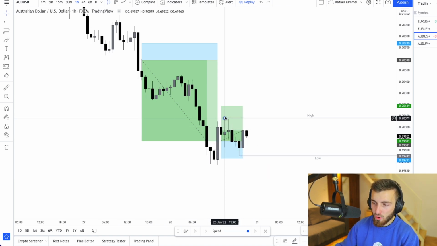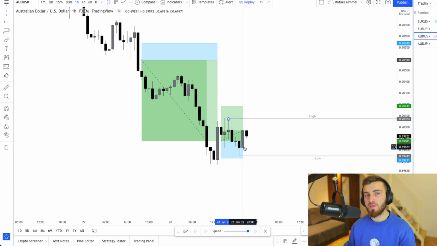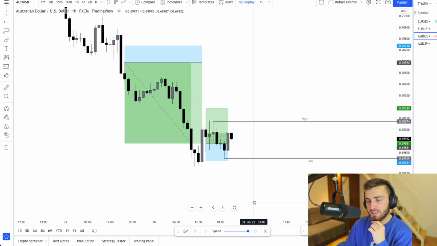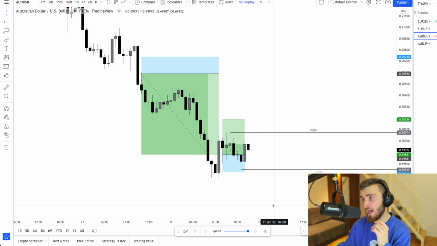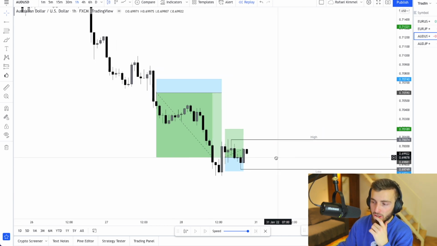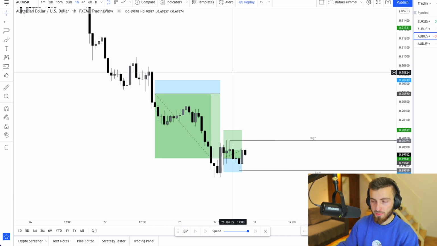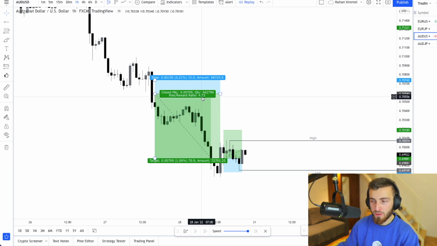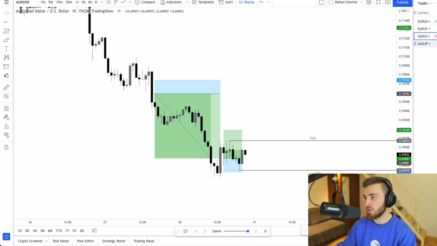I don't like to hold trades over the weekend when they are very close to my stop loss or when they are in drawdown, because with spreads, with the possibility of gaps and all that, I just don't like to hold break-even trades or losing trades over the weekend. It's just very risky maybe. And if you have a big account, then even more. So I take the 0.64% loss with the 4.73% win. So net around 4% profit right here on Aussie US dollar.